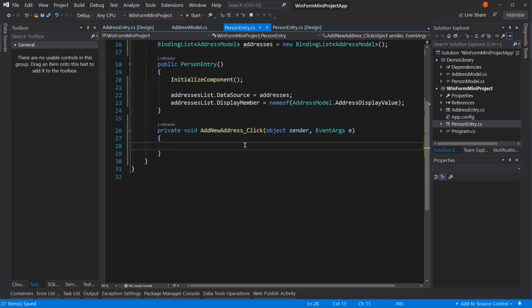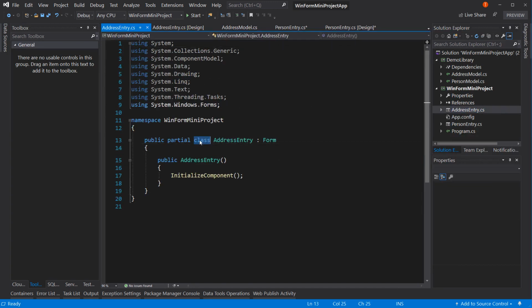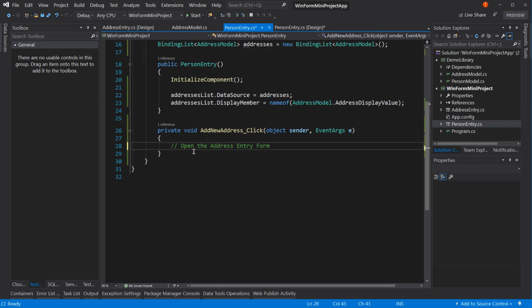Let's talk it through. We want to open the address entry form. And that's pretty much it, right? Well, remember what the address entry form is. If you look at the code behind the address entry form, it's a class. So how would you instantiate a class? Well, you do something like this, where you say